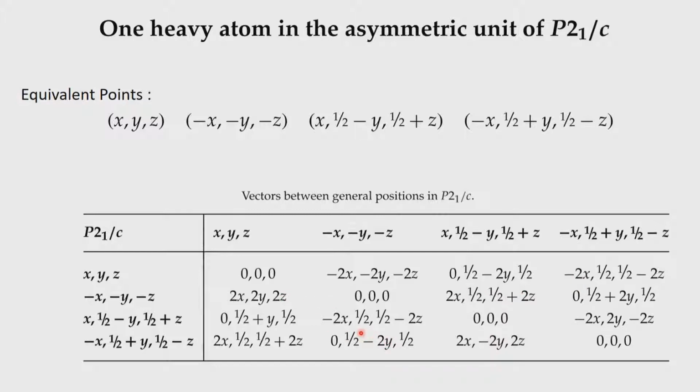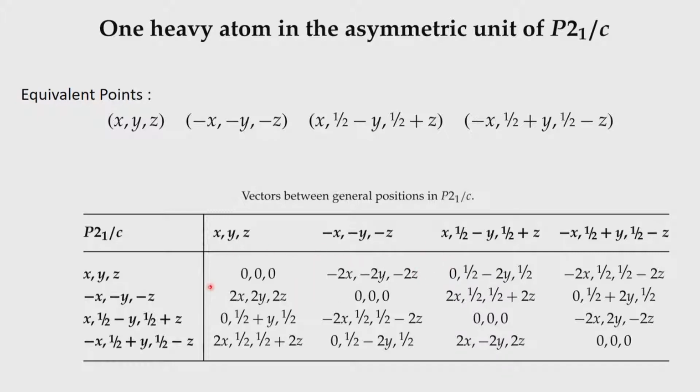So, you do not have to worry that Patterson is not giving you any symmetry information. The symmetry information that is coming up is essentially coming from the equivalent points which are present in the crystal structure, and they are depicted in terms of their vector relationships in the Patterson map. So, that way we can identify these, set up this matrix, get all these coordinates, and we can uniquely solve for x, y and z. So, we get the position of x, y, z corresponding to the heavy atom in a very straightforward way if we analyze these sections, the Harker section as well as the Harker planes.